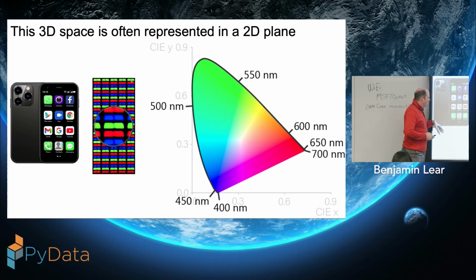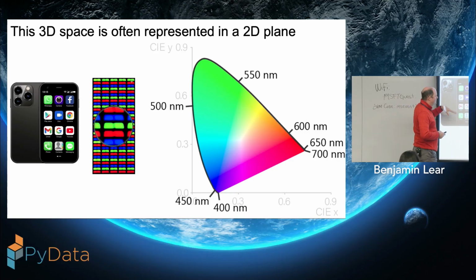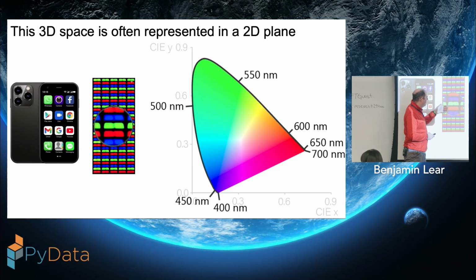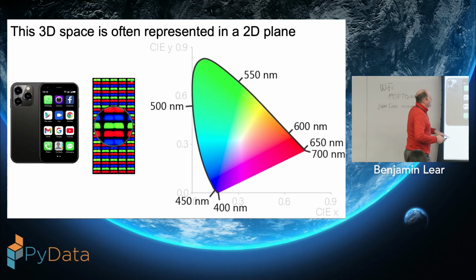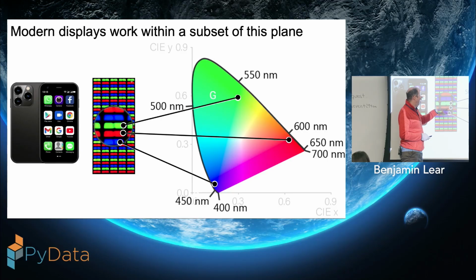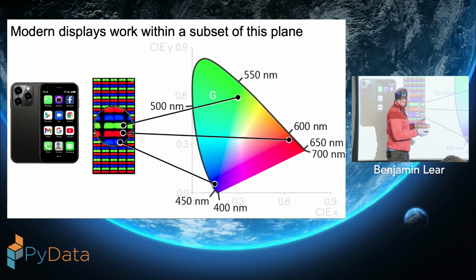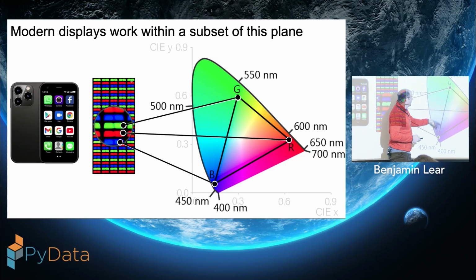When we think about displays, oftentimes how a display works, especially the most standard ones that we're used to in phones and monitors, is that there are pixels that have red, green, and blue light. Okay, and then we mix different amounts of red, green, and blue light. What that looks like on this color space is that we pick values in that color space that correspond to blue, red, and green. That's what you're seeing here. And then we can mix those colors together. What that means then is we're sampling sort of a triangle inside of this space. So there's no way that I could mix these red, green, and blue values to get a color over here,